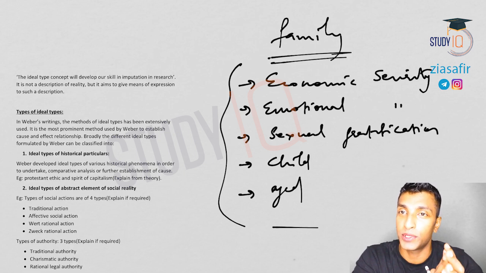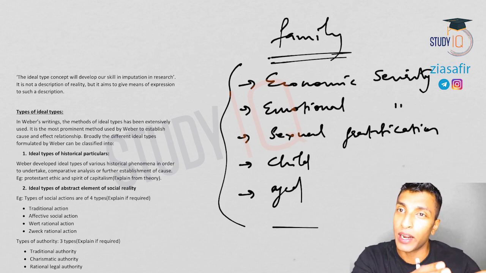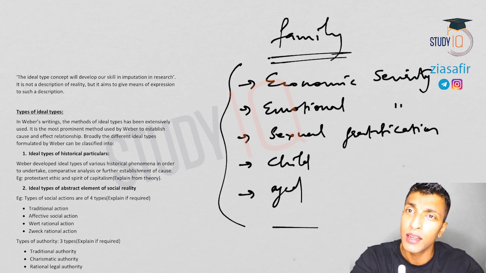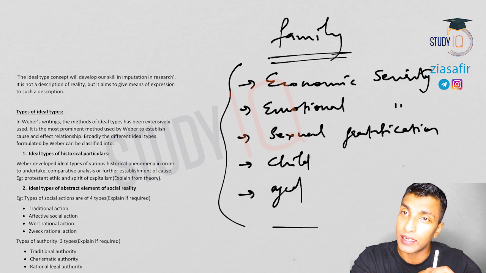These are the ideal types. That's it. So if somebody asks you what is ideal type, ideal types are the regularities. Now if you extend regularities to an abstract phenomenon, what is the abstract phenomenon here? Family. Why is it abstract? Because you can't see it, or it is outside the individual. So these are considered abstract phenomena. So ideal types are the regularities related to any abstract phenomenon.